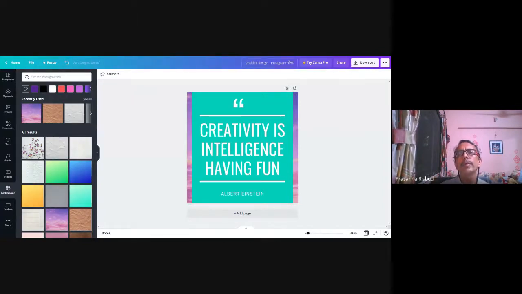Now you just have to go over here, select again, you can give a new file name. So we had put that file name Elisa01. So I put it Elisa02 and save it. Then I can download it and put it on Instagram. So this way you can create all types of different designs. You just have to press enter after you write the file name and it will be saved.